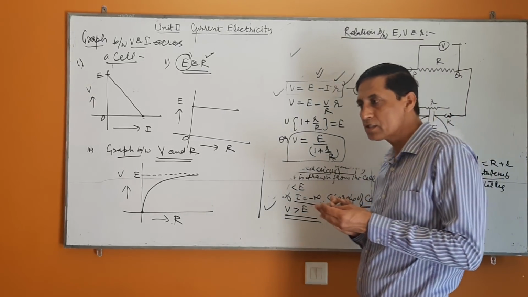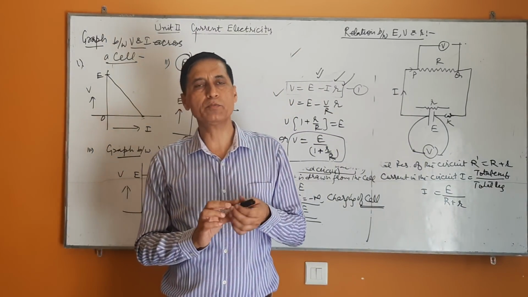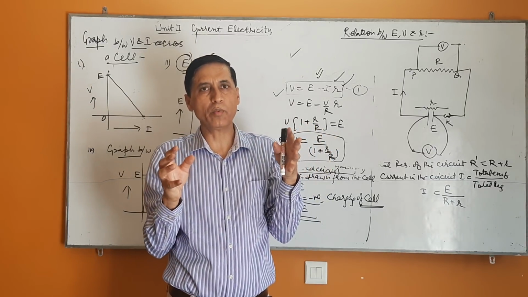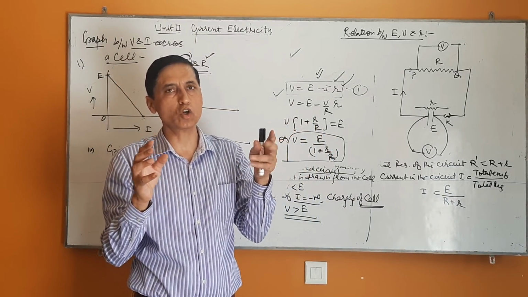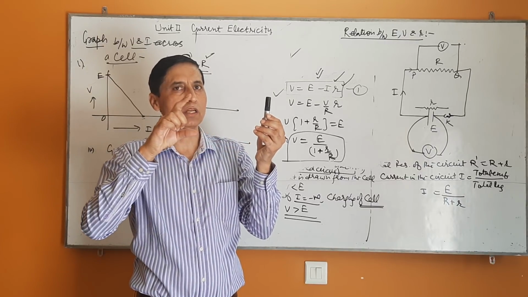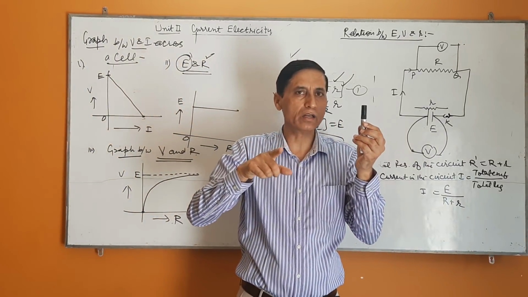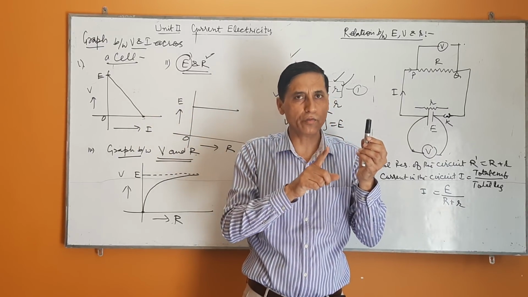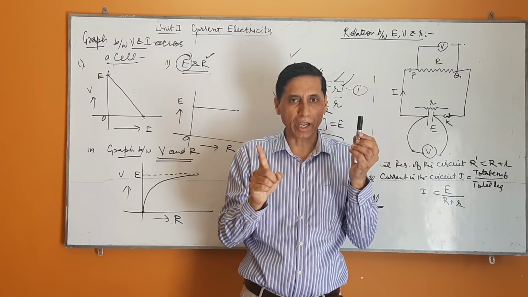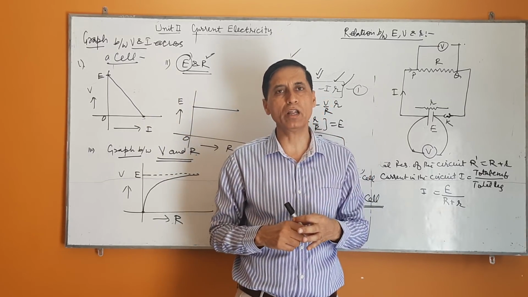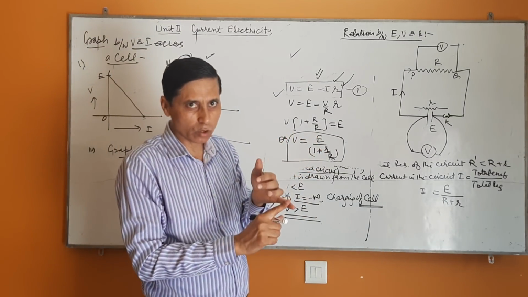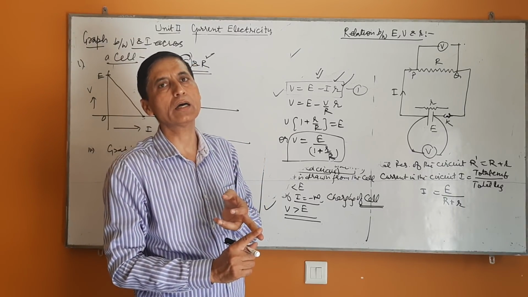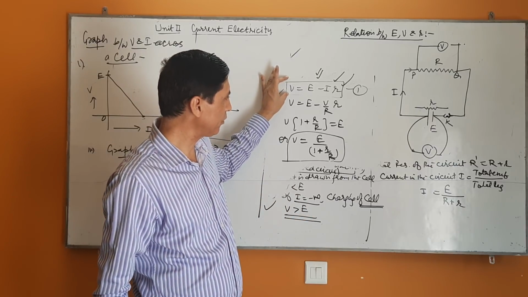Moreover, internal resistance depends on how many factors? Internal resistance is the resistance of the cell, and as I have already discussed, the cell consists of two electrodes. One is the positive electrode, another is the negative electrode, and both are conductors. So it depends on the nature of the conductors, by which material they are made, their size, their shape, and the nature of the electrolyte. So internal resistance depends on the nature of the electrolyte, the nature of the electrodes, and the size and shape of the electrodes of the cell.